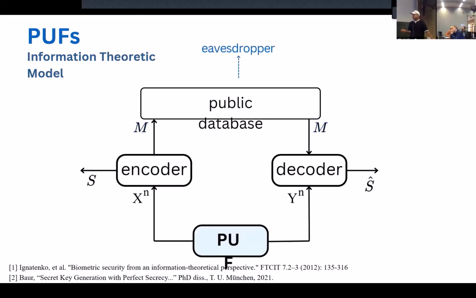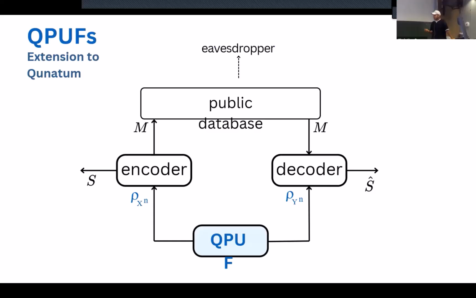So we combine these two operations together to get something like a bipartite source kind of structure. And based on this, we analyze how much secret key we can generate out of the PUF. In quantum PUF, like I said, the output we consider to be quantum states, whether it is hybrid PUF or QR PUF. We don't have any restriction on what kind of internal architecture is inside the PUF, but the output we are assuming to be quantum, either by some encoder or inherently quantum.